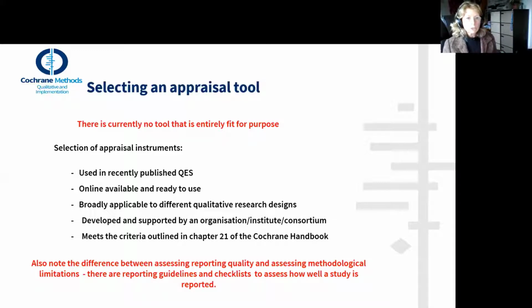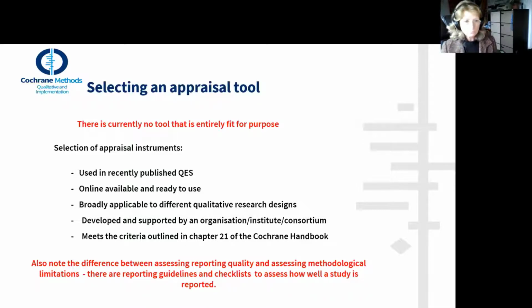We would suggest that you choose a tool that's used in a recently published qualitative evidence synthesis, that's available online and ready to use, and is broadly applicable to different qualitative research designs, unless you're doing a qualitative evidence synthesis that only incorporates one qualitative research design and there's a method-specific appraisal tool. Choose a tool that's developed and supported by an organization, an institute or a consortium, so you hope that there's some evidence-based development behind it. In chapter 21 of the Cochrane Handbook of Intervention Reviews, we've outlined some criteria